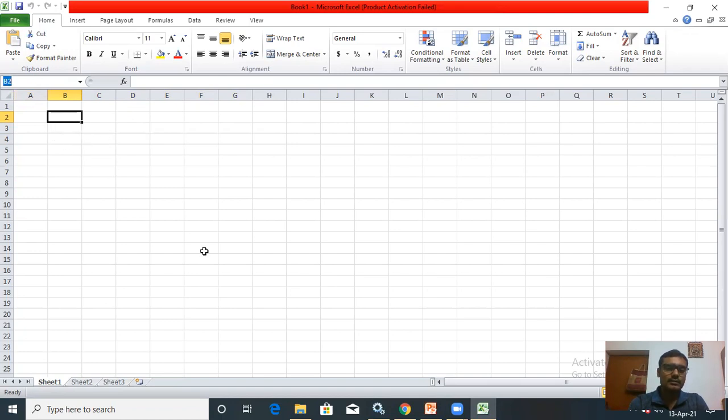And this is the address of the cell. Okay, so you can say this is the cell reference B2. This is another cell address. What is the address? It is C3. You can see column C and row number 3. In the same way, you can find E5, column E and row number 5.